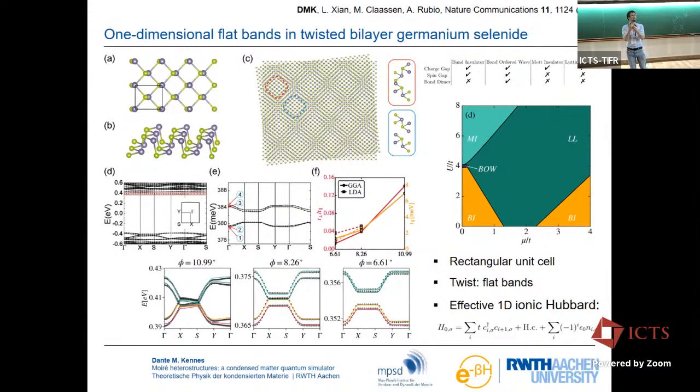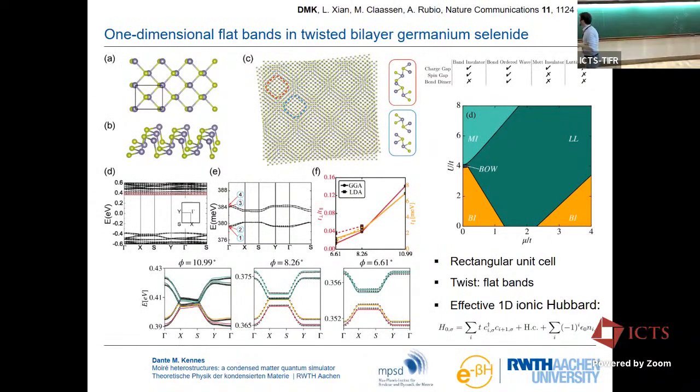And that's because of this slightly rectangular unit cell. Maybe I should have said this. I mean, this unit cell here is rectangular. Yeah, it looks almost like a square, but it's not. It's almost a square. All right, so all of these phases show up quite prominently, with the exception of this exotic